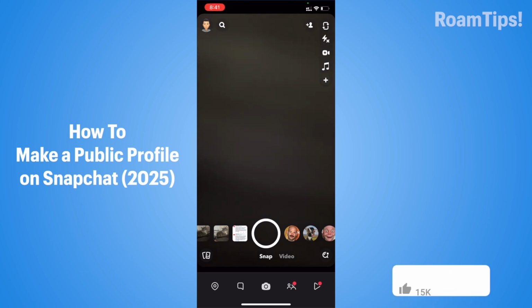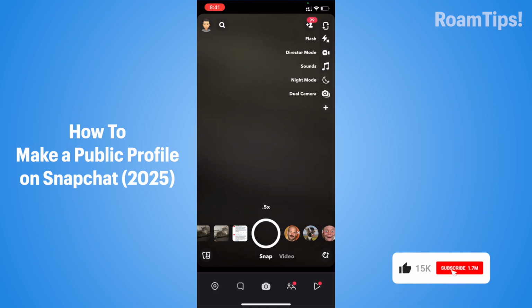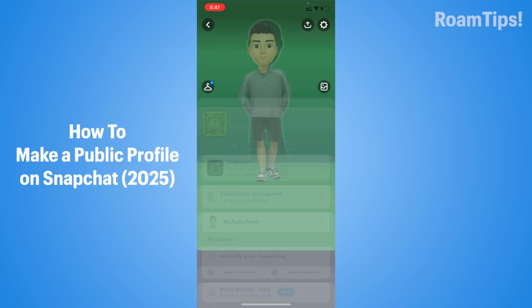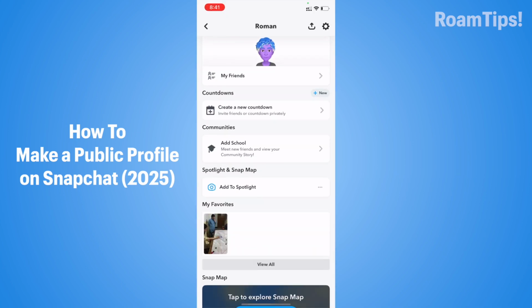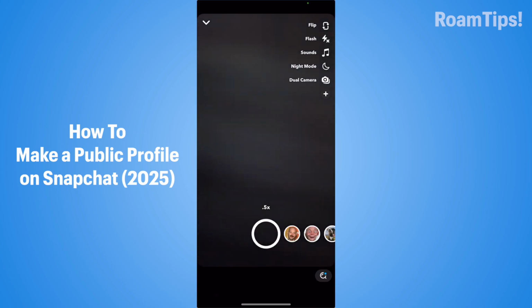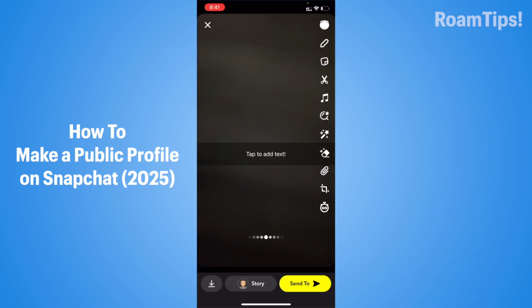Open Snapchat and click on your avatar profile in the left corner and scroll down and search Spotlight and Snap Map and click on Add Spotlight and click on this